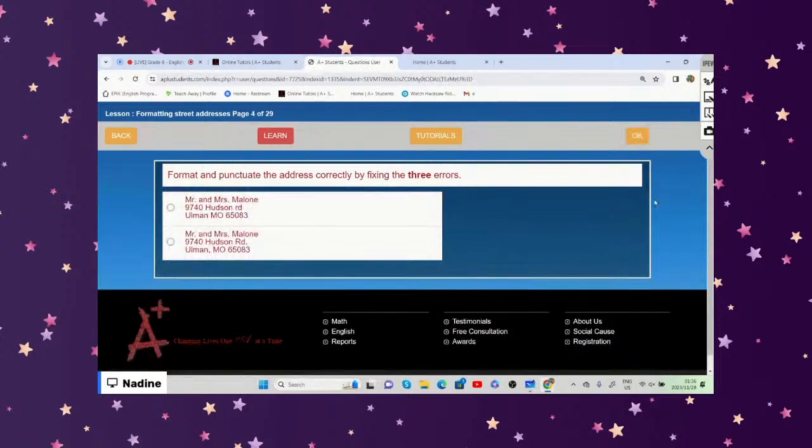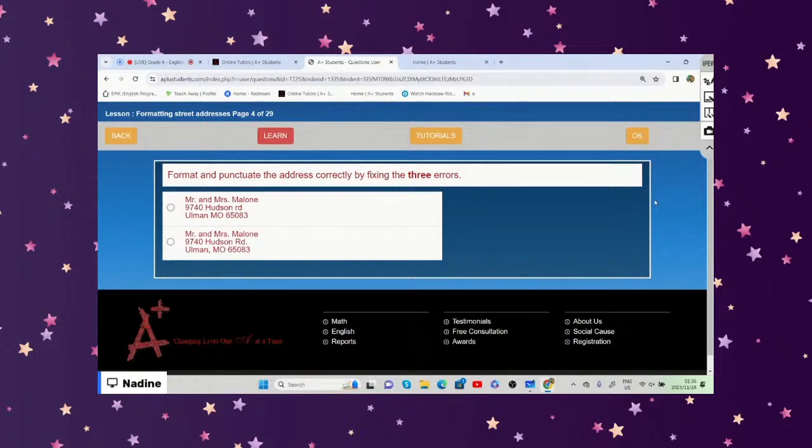We need to format and punctuate the address correctly by fixing three errors. Three errors. The first option is Mr. and Mrs. Malone because it's being addressed to Mr. and Mrs. Malone, sorry. Then we have the street address, which is 9740 Hudson Road. And then we have Ullman Mo